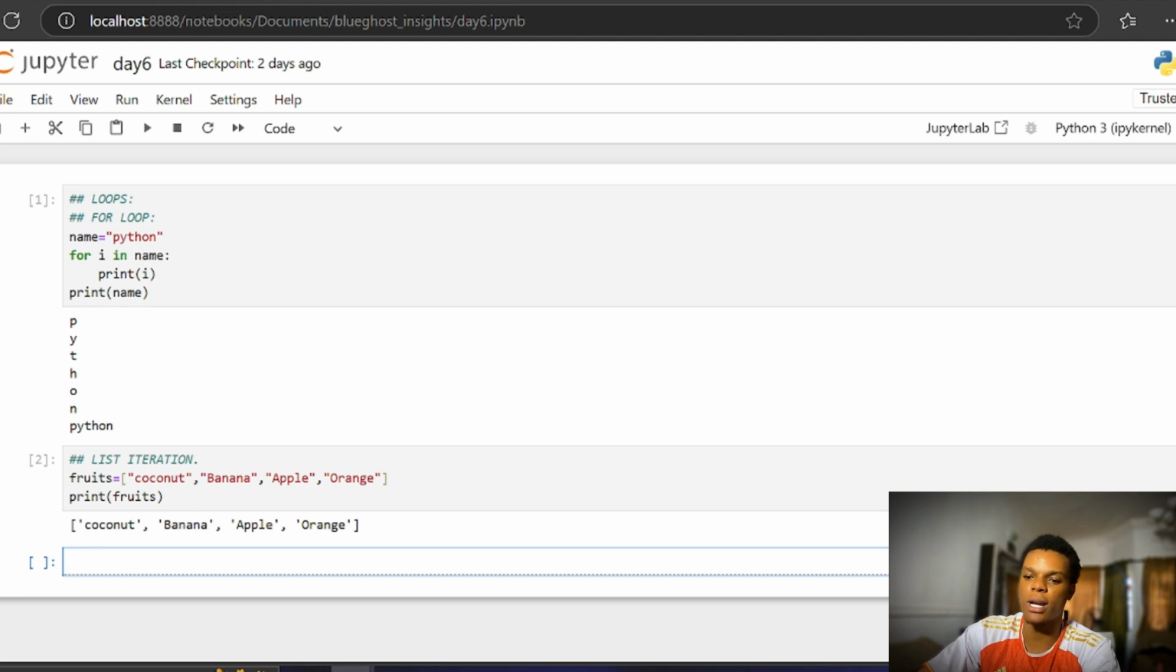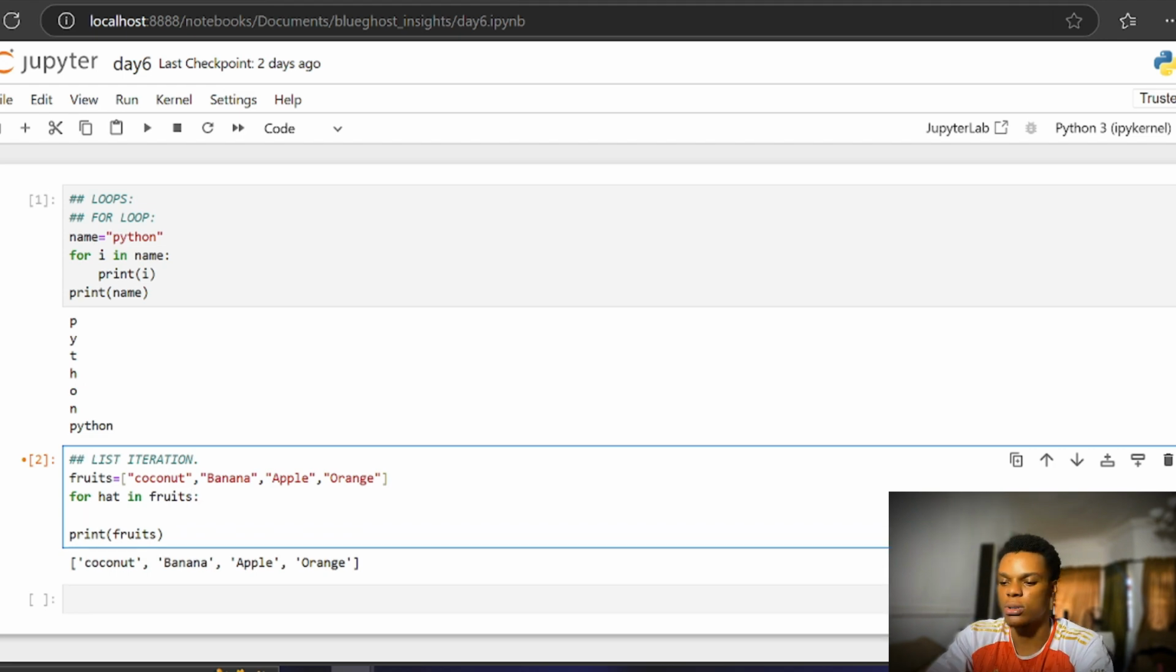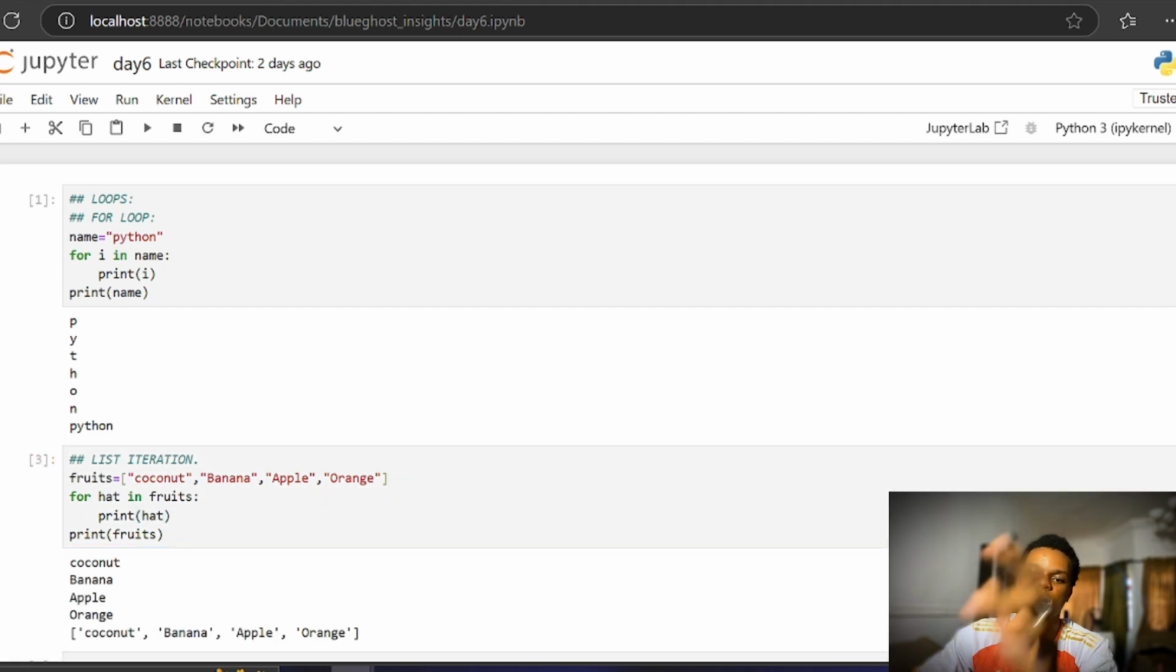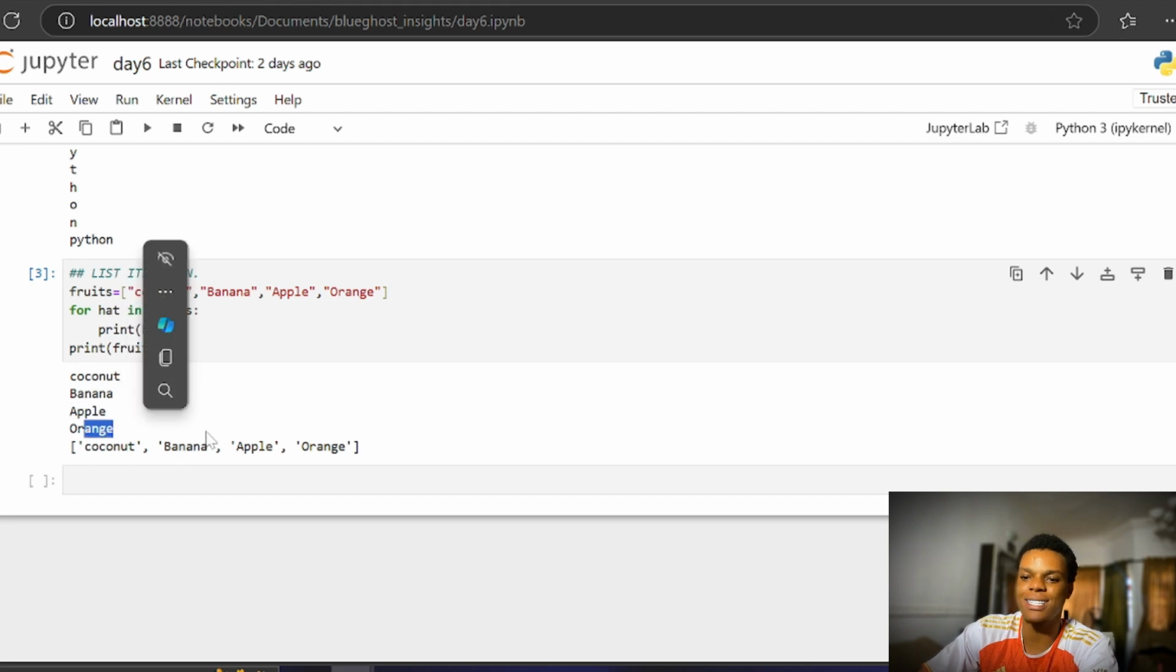Now let's say I want to iterate through this fruit. All I have to do is come here and say for, let's say heart, in... who has an idea? Fruits. Good. So for heart in fruit, I'll say print. Who can tell me what I'm going to print? Heart. So we'll say print heart and run it. You can see the difference: in the first one, coconut, banana, apple, orange, every other thing is printed out